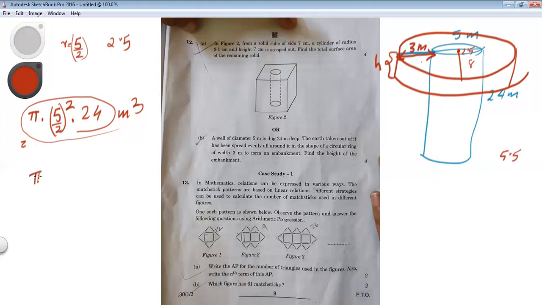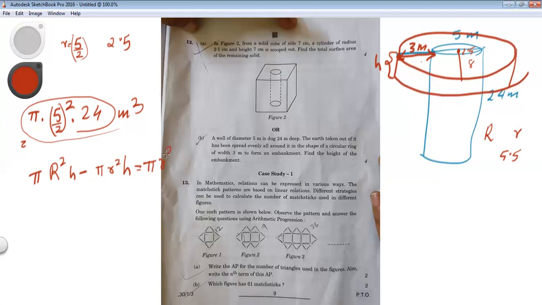The volume you're going to get is pi. Let's say the outer circle's radius is capital R and the small inner one is small r. So pi R square h minus pi r square h, that is the embankment's volume. And this will be equal to pi